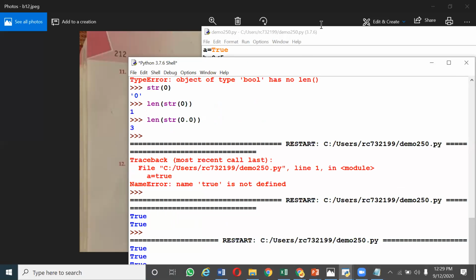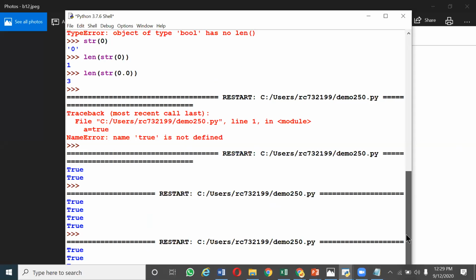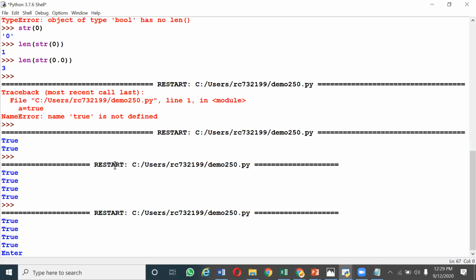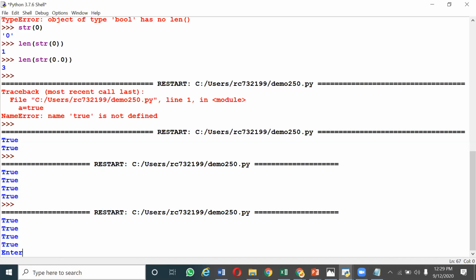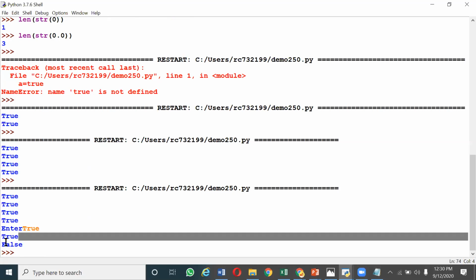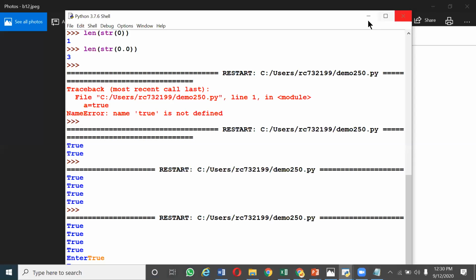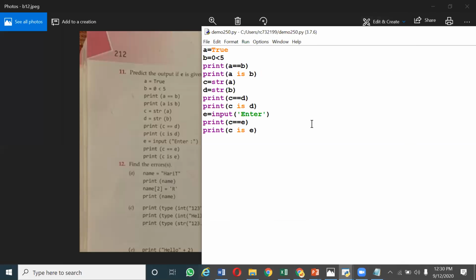Okay, so when you do that, it will ask for the input. Enter. So here I am giving the value as true. So C equal to E is true. And when you are reading the value from the user, even though the value is same, it will be stored in a different memory location. So C is E will give you the answer as false.